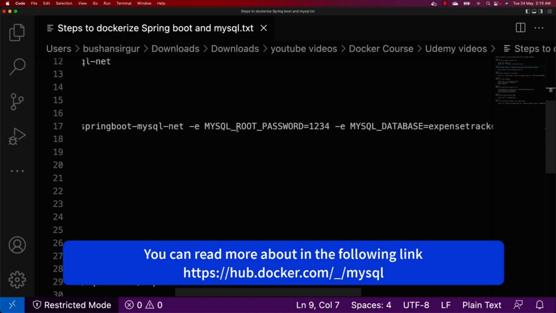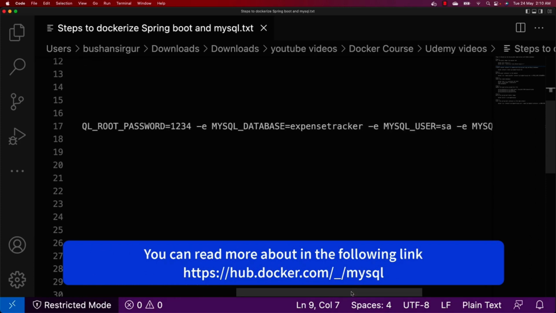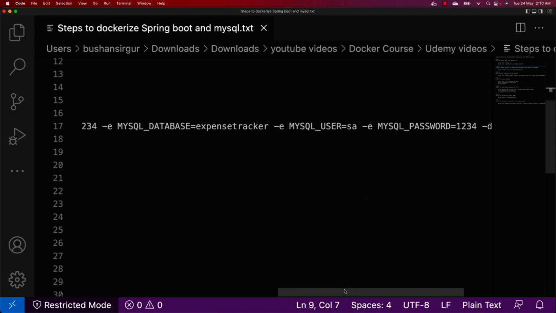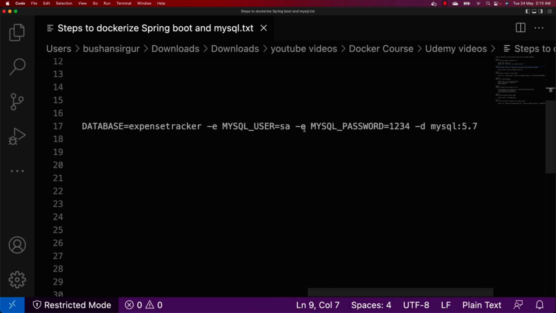MYSQL_ROOT_PASSWORD. We're going to set the root password, which is 1234. You can give any password you want, and we're going to use one more environment variable, MYSQL_DATABASE. We're going to provide the database name expense_tracker, and we're going to use another environment variable, which is user, and I'm going to set this to sa, and the user password, I'm going to set this to 1234. Basically, just to keep consistency, we're going to use the same password for the root password as well as the user password,